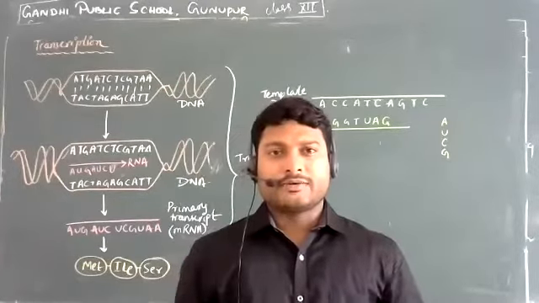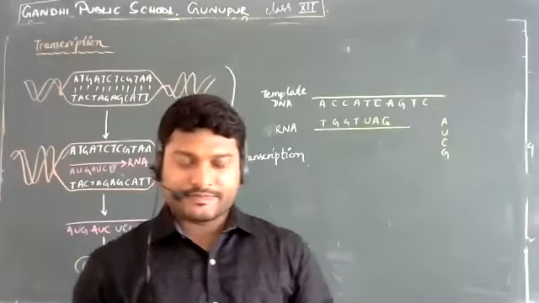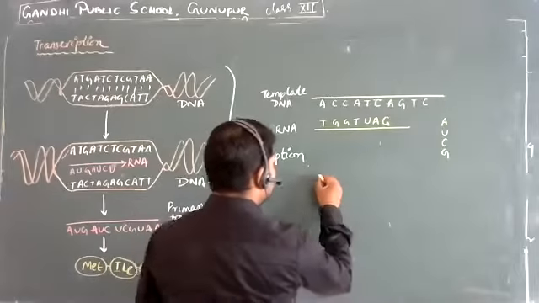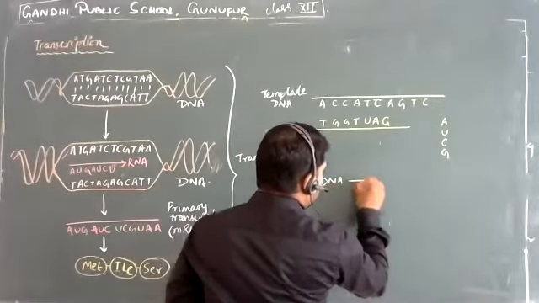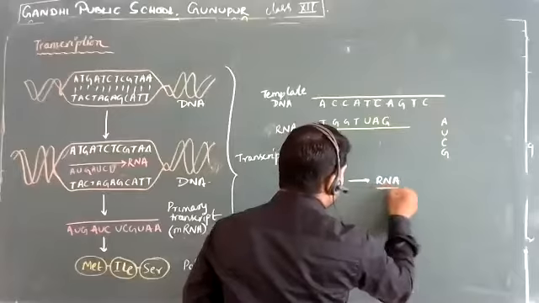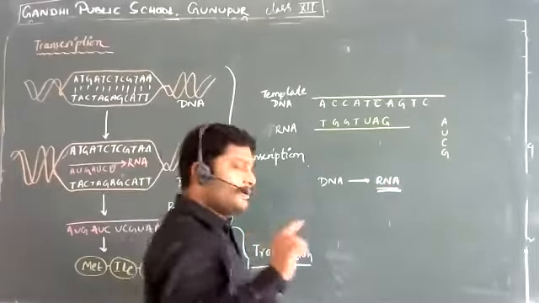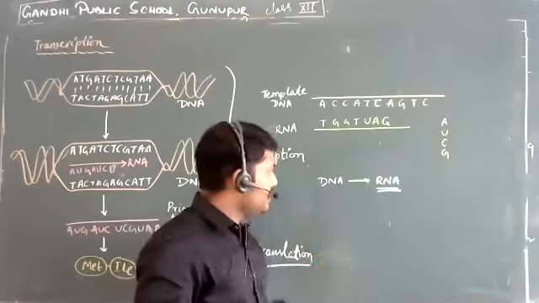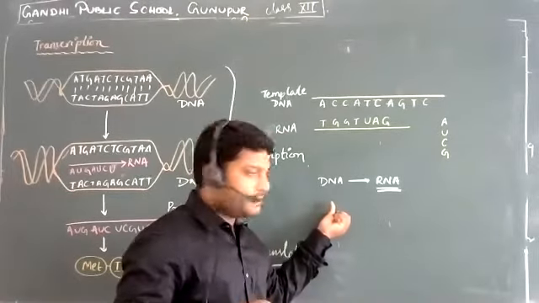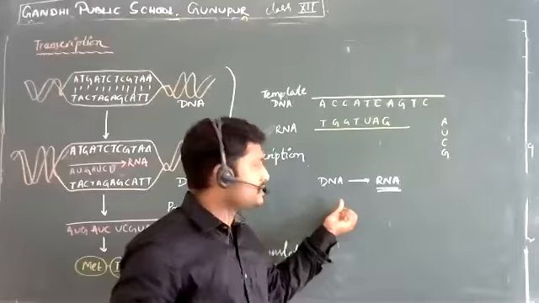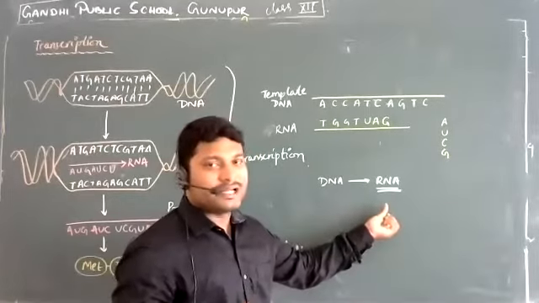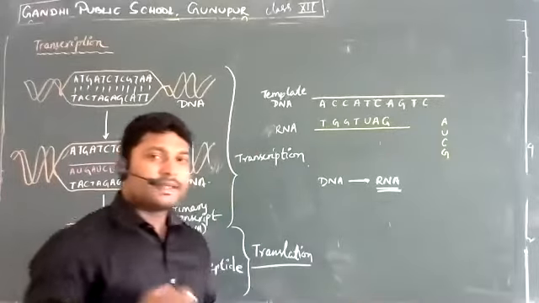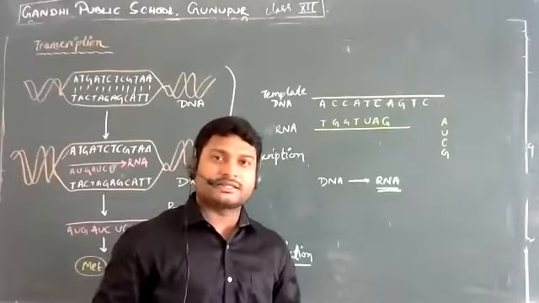So today we're going to continue with our discussion on the process of transcription, right? In the previous class, we have already learned that the transcription process allows the DNA to form the ribonucleic acid, or the RNA. And we have also answered the basic question that pertains to transcription: because there are two strands of DNA, why is only one strand used as a template DNA for the process of transcription? We have answered this question in the previous class. So today we will try to understand the mechanism behind it.